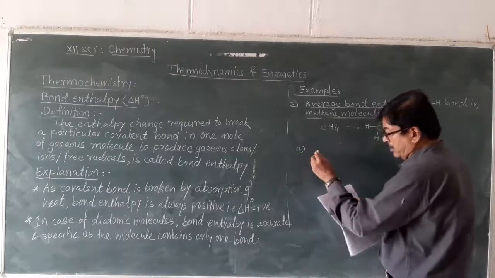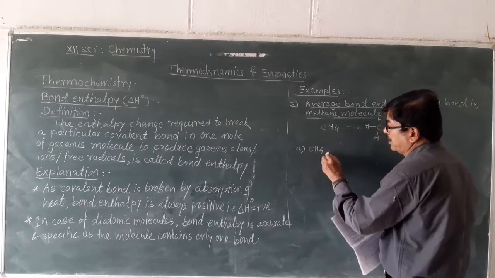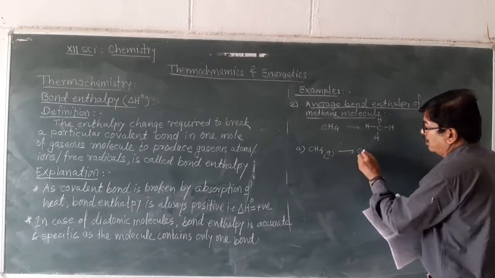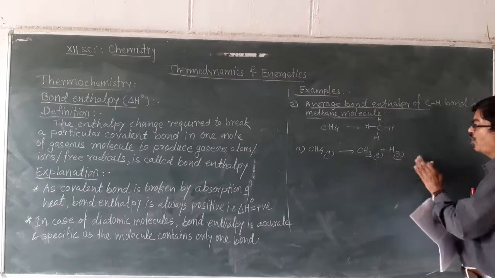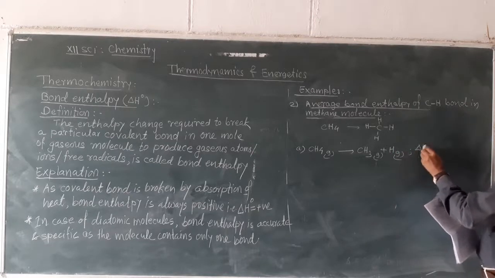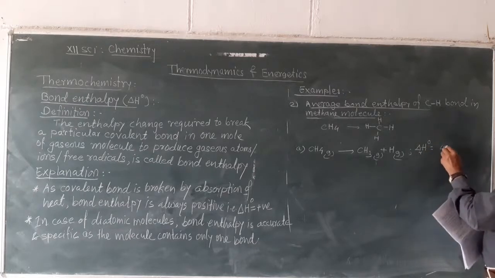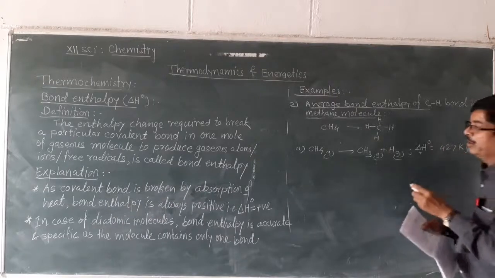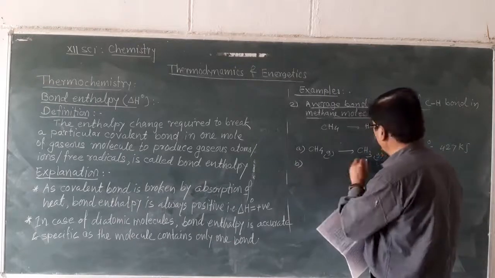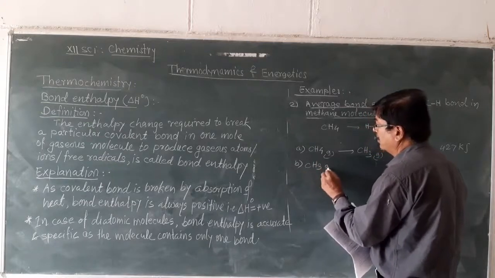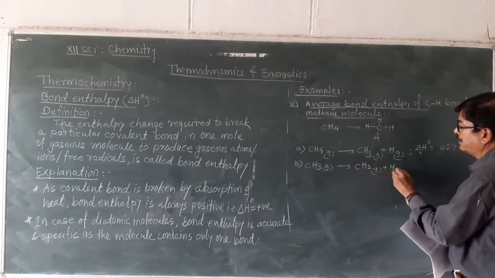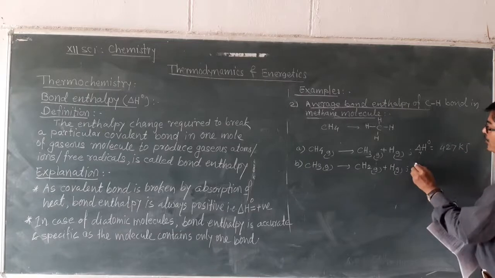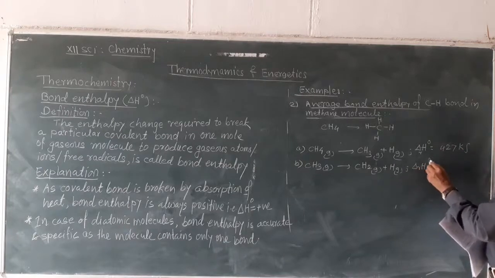First, when the first bond is broken, CH4 gas gives CH3 gas plus H gas. The enthalpy change of this reaction is 427 kilojoule. If the second bond from CH3 gas is broken, we get CH2 gas and H gas. Bond enthalpy of the second C-H bond is